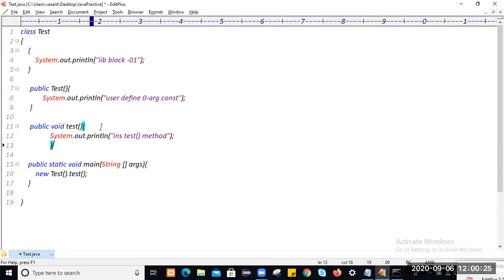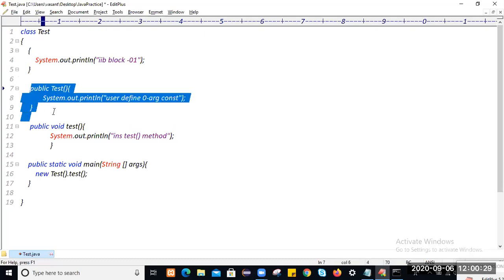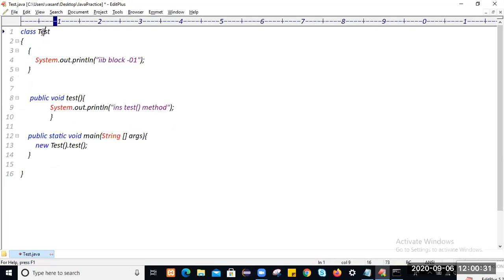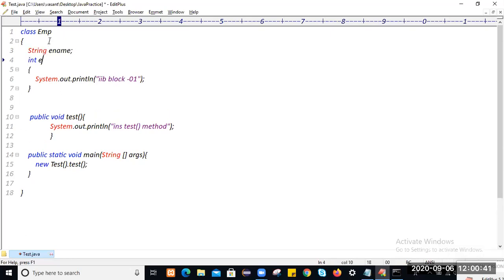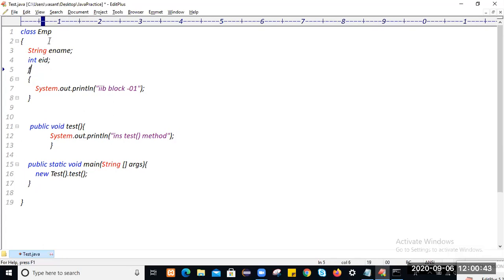So this is the first application where we use the instance block. What is the second application? We can use this instance block in an employee class. Let me create a class Employee with employee name, employee ID, and employee salary.